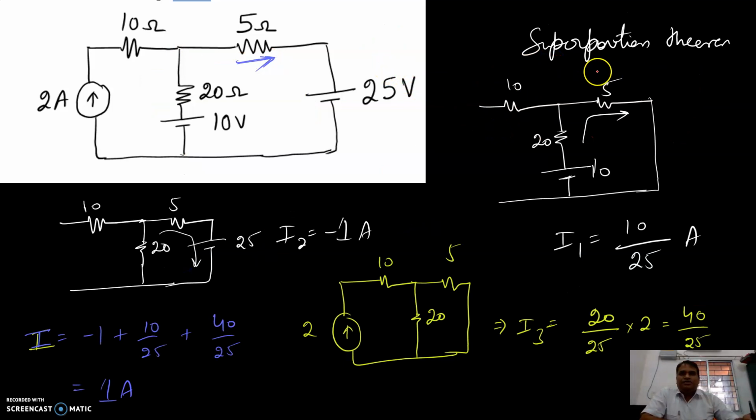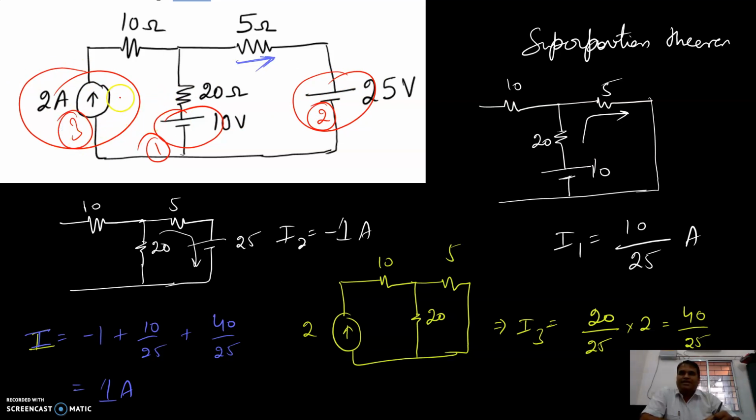Then we have the superposition theorem. In the superposition theorem, we have 3 different cases. One case that you will keep, this is one source at first. Then you will keep this one as the second source. Then you have a third. This is the third source. At any time you have one source. The voltage source is there, but the current source is open circuit and the other voltage source is short circuit.